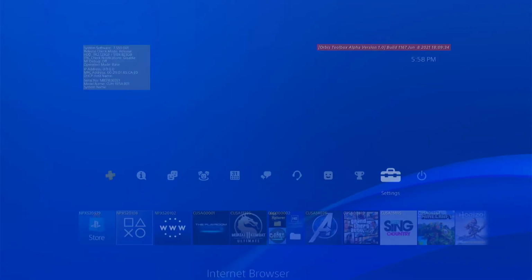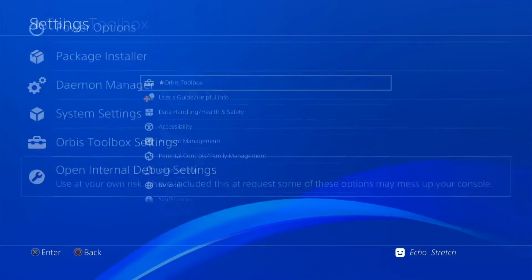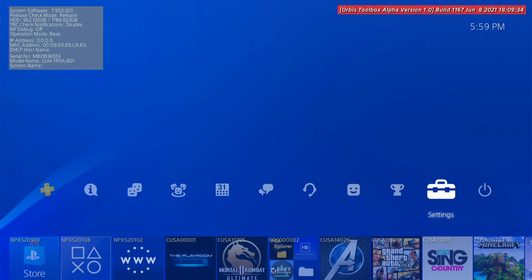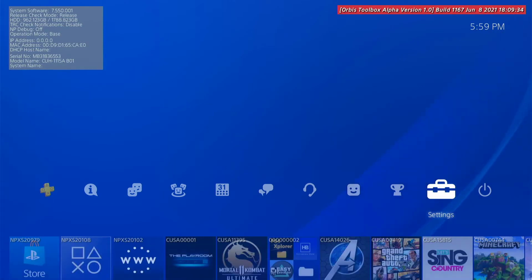And as you can see in here, we do have the toolbox up here, and we have all our options. We'll scroll down. Still got our debug options, which is good. Okay, so let's jump out, and we'll see up here in the left-hand corner, it says your system firmware, your release check mode. Not too sure exactly what that is. Your hard drive size and how much space you have. How much space you're using. TRC check notification. I'm not even sure what that is. MP debug off. Operation mode